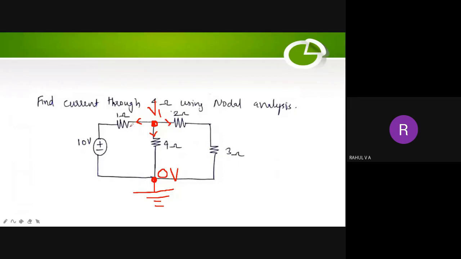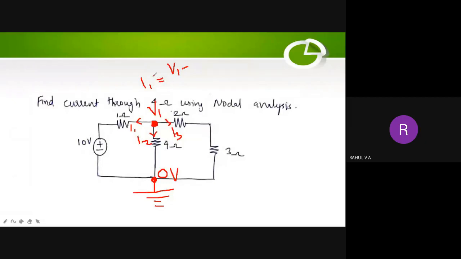So this current I am marking as I1. This is I2. That is your wish. Okay, you can mark anyone as I1, I2, I3. And now, what is I1? How much current will flow from node 1 to this supply? So we have to assume like V1 potential difference, or what is the current through 1 ohm resistor means potential difference across the 1 ohm resistor.